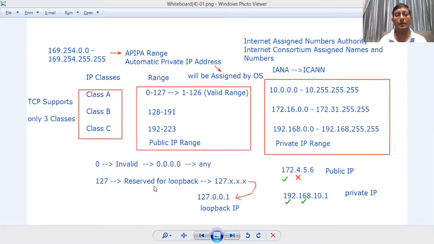127 is reserved for loopback. An IP address starting with 127 dot any value, 0 to 255, everything is redirected to 127.0.0.1 only. I will show it practically now, and we'll get an idea. Then from class A, one range is excluded, that is 10.0.0.0 to